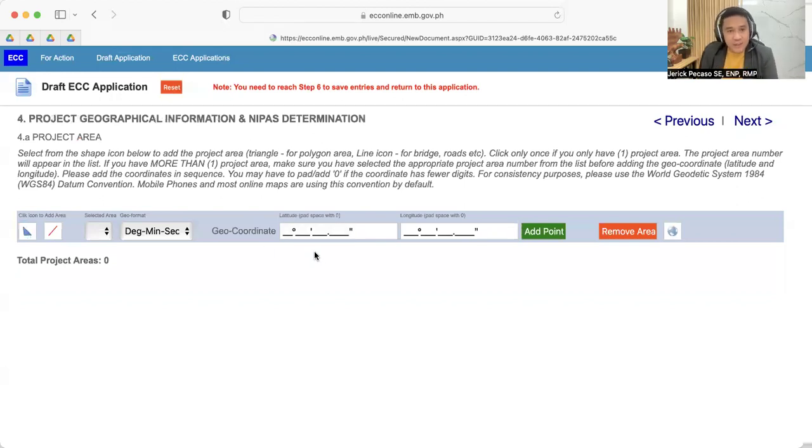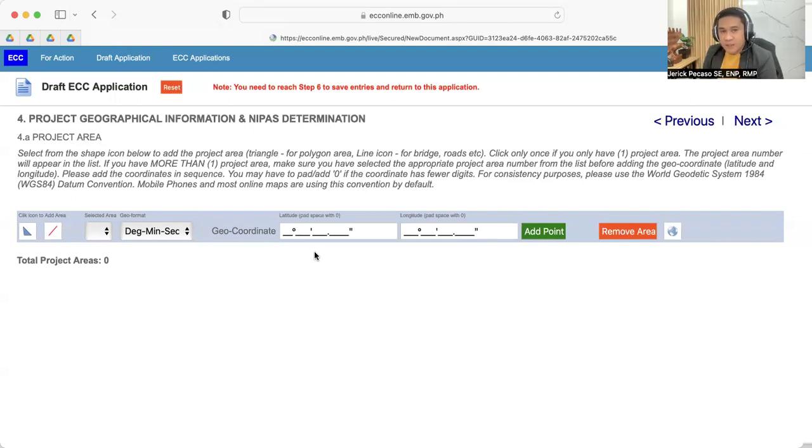declaring the different coordinates of the project. After giving the specific location through these GPS coordinates, you will now be able to save the application as a draft.